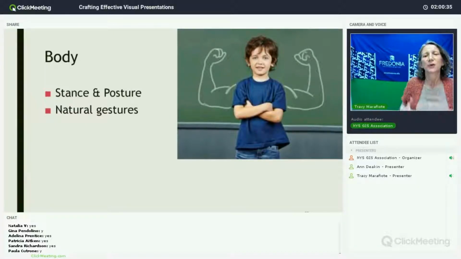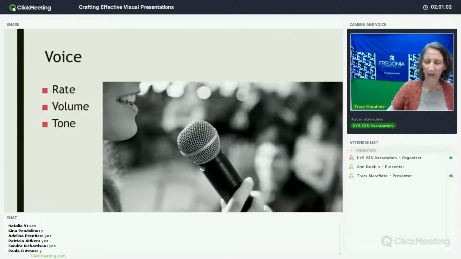There's been a little bit of a crisis in psychology lately. But it's the idea that what we do with our body can influence how we feel about ourselves. And regardless of whether some psychologists disagree with that, I firmly agree with it. So one of the ways that I feel is best to present is to picture yourself in that power pose. Picture yourself as that strong person. Have your shoulders back, have your strong and confident stance, and it's going to influence how you relate to your audience.